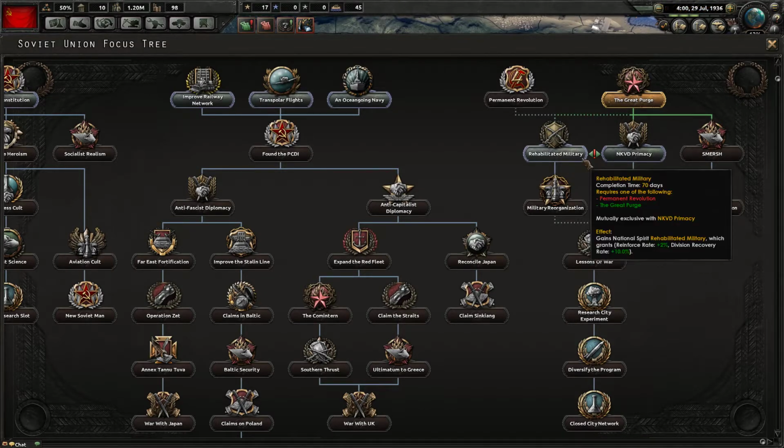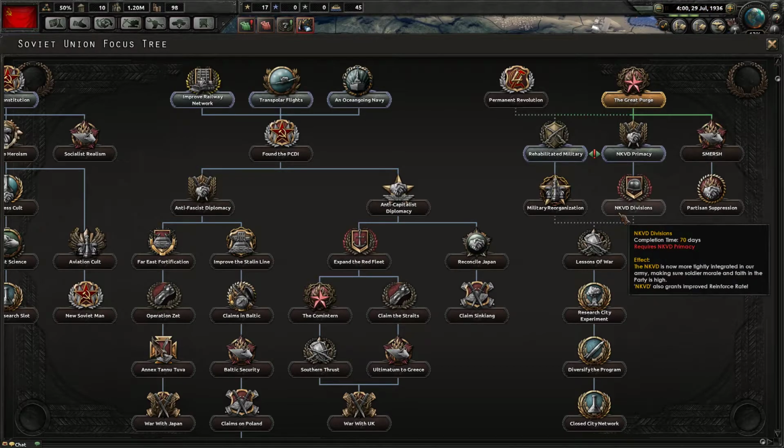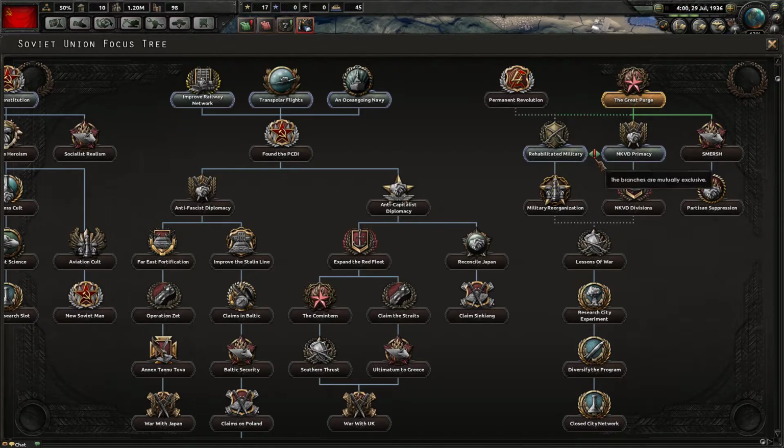But we have to make a choice. Do we want to go Rehabilitated Military with Military Reorganization, or do we want to strengthen the NKVD, which is our secret service? Yeah, our secret police here. It's making a decision because we also then have to choose the next one as well, regardless. Yeah, and the diamond with the exclamation mark inside of there means that they're mutually exclusive, so you can only